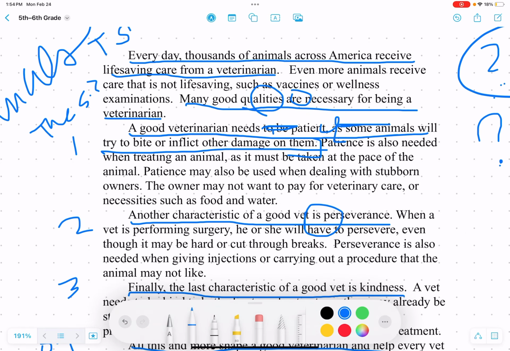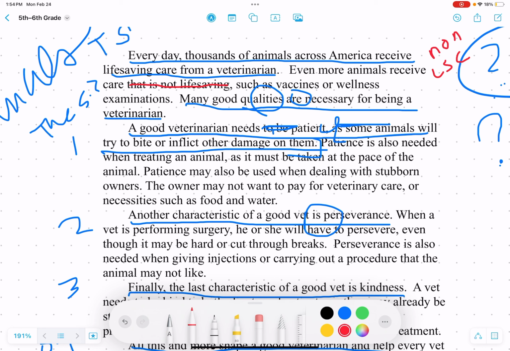All right, so even more animals receive care that is not life-saving. How about if we do this? We're going to fix redundancy and a be verb all in one. So I'm going to mark this with a red. Even more animals receive, we're going to cross this out, and we'll say non-life-saving care, such as vaccines or wellness examinations. Look what we just did. We got rid of a be verb, and we actually cut out some words so it's